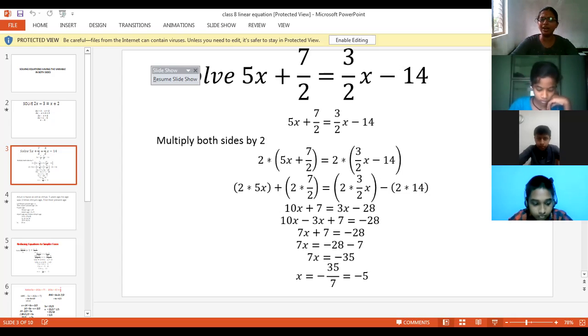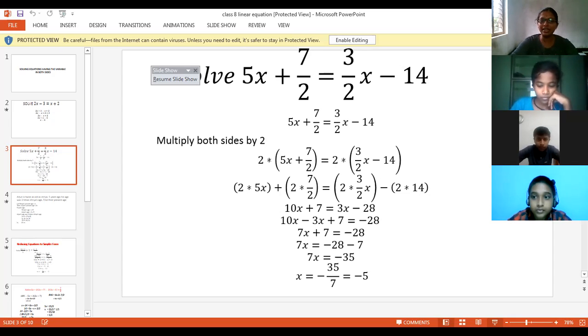Then why did I multiply this 6 in RHS also? If we multiply or divide any number on one side of the equation, it should be done on the other side also for balancing the equation. That's why I have multiplied both LHS and RHS with 6.